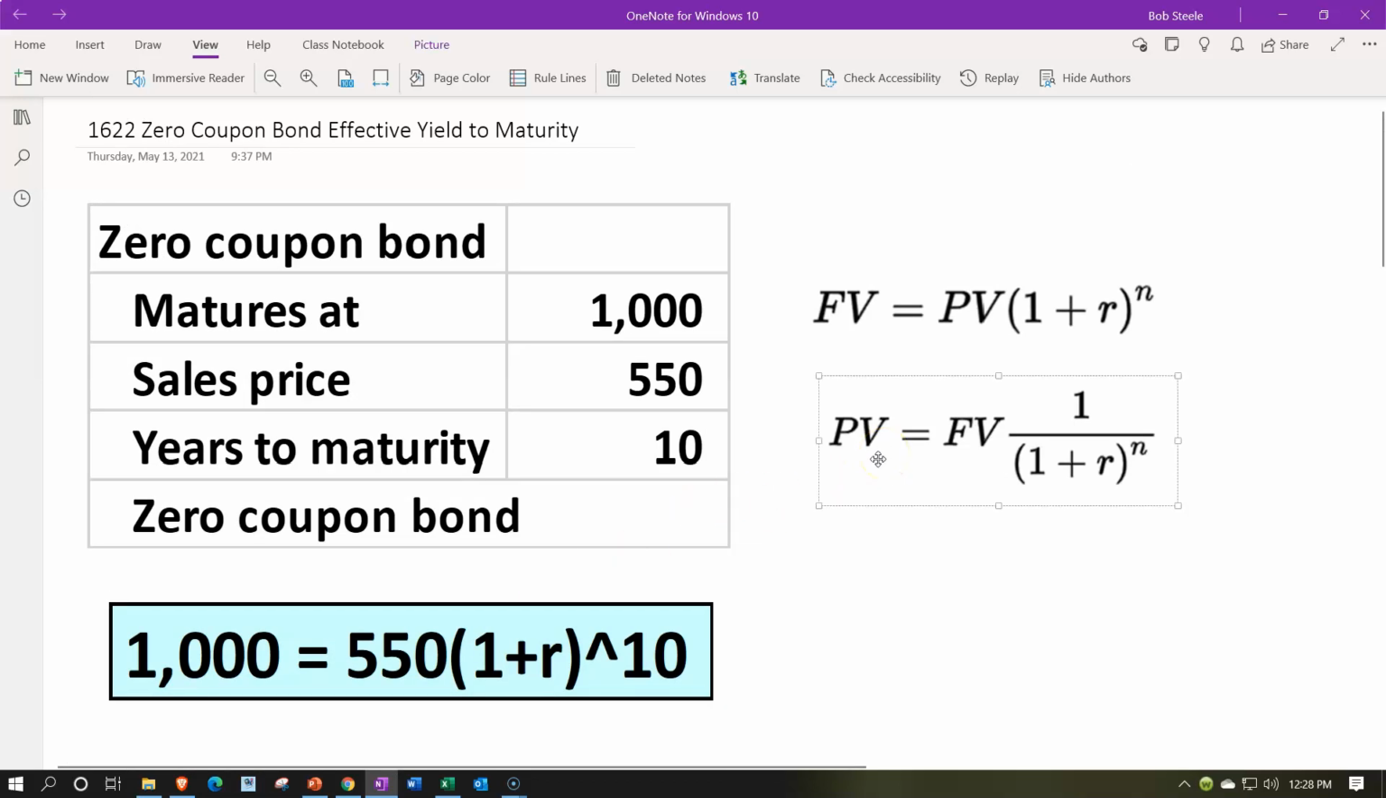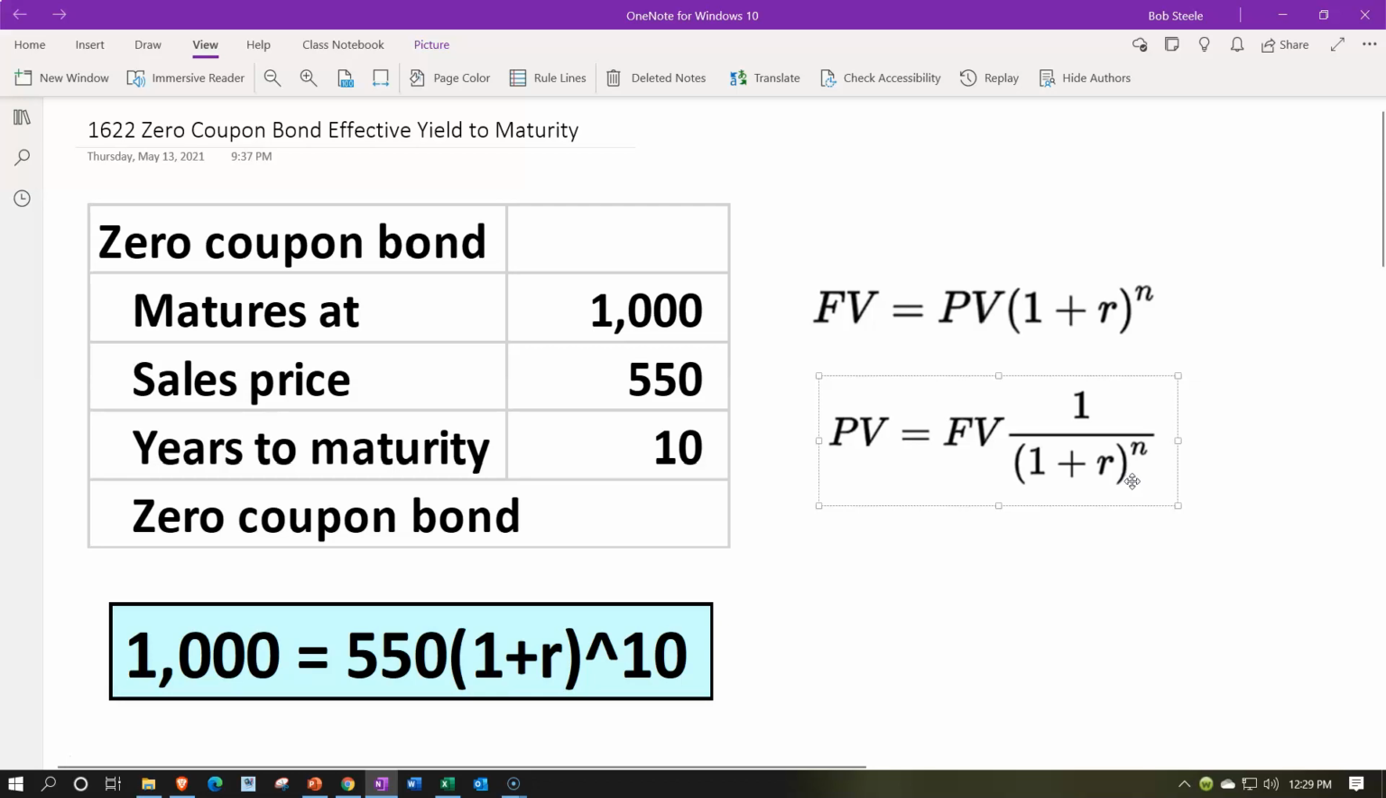You can do the same thing with the present value type of calculation. So if you have the present value, you're searching for the unknown, which would be R. So the present value, 550, equals the future value, which is going to be the 1,000, times 1 over 1 plus R, the unknown you would solve for, to the number of periods,